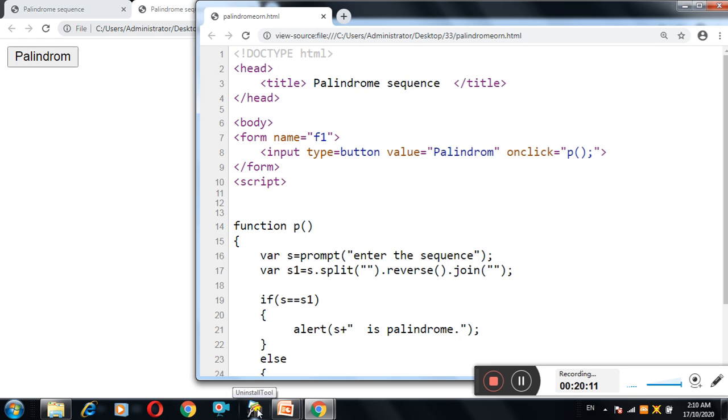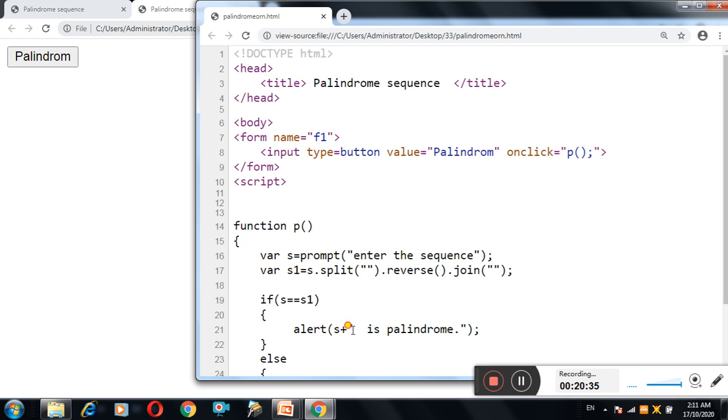Then we will join PAC, correct? So s and s1 are not the same here. We have written CAP and we are getting PAC, correct? So the strings are not matched, so s is equal to s1 will return the false value, correct?